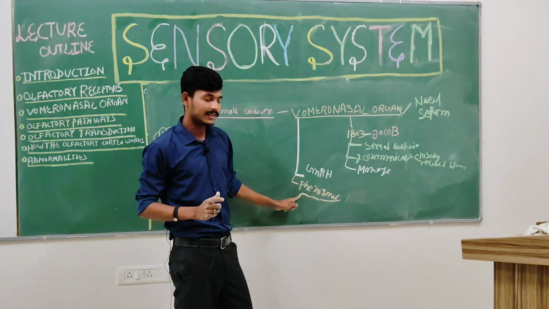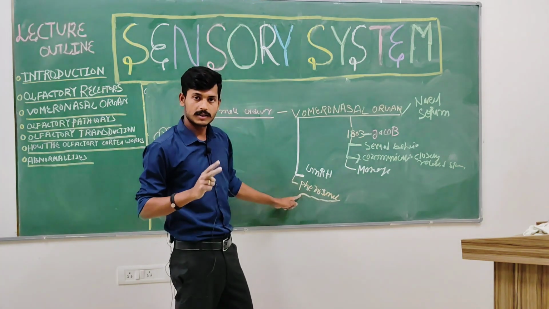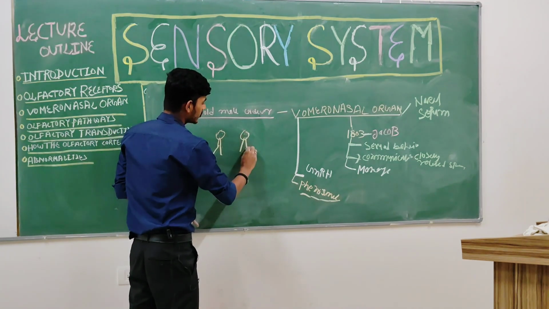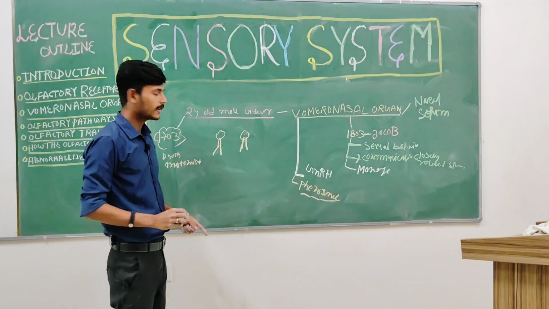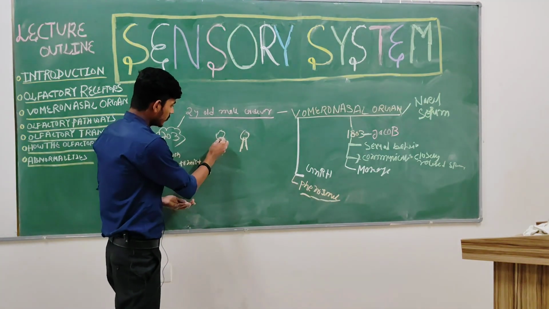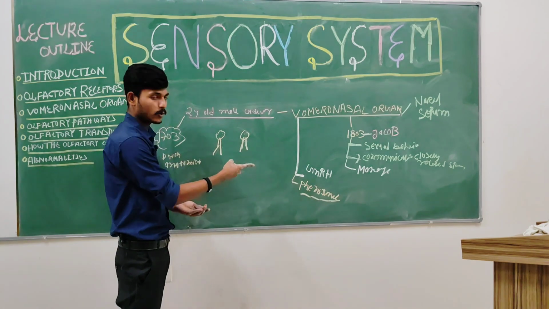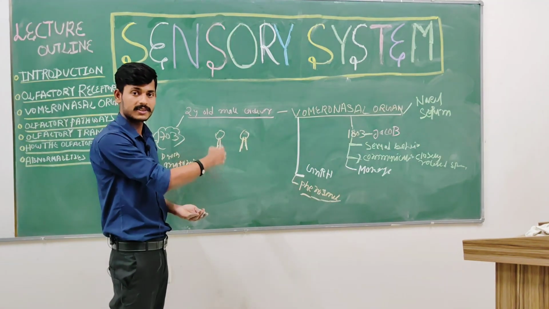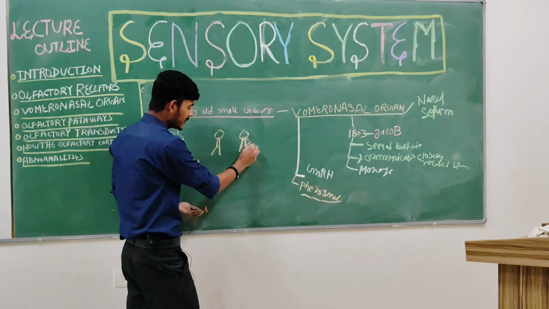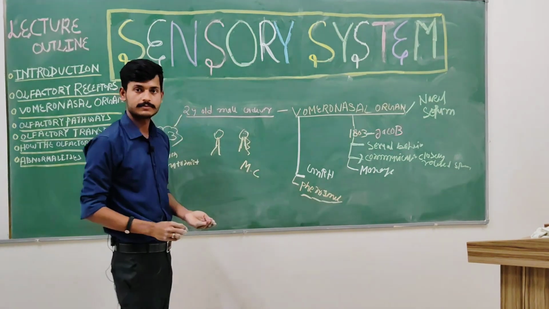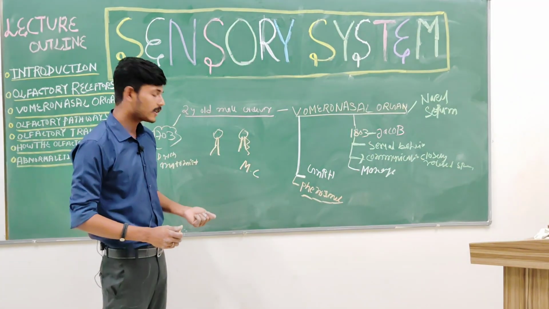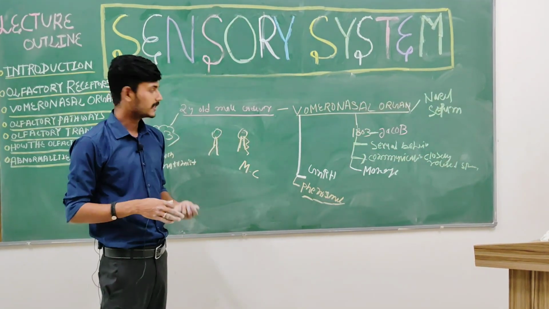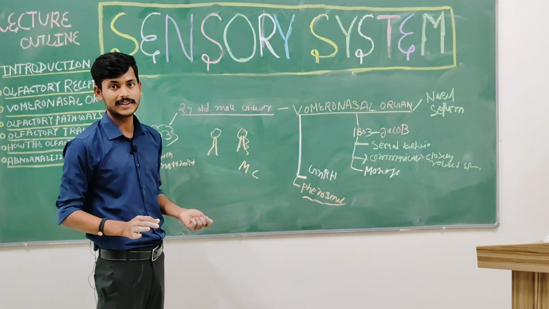There is one book that says if there are two girls living in the same room, and one girl secretes pheromones from her armpits, and it is smelled by the other girl, then there will be an alteration in their menstrual cycle. That's written, but the underlying mechanism of how this happens is not yet clear-cut.